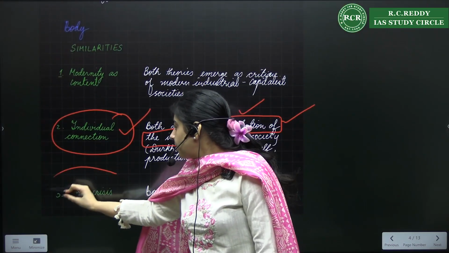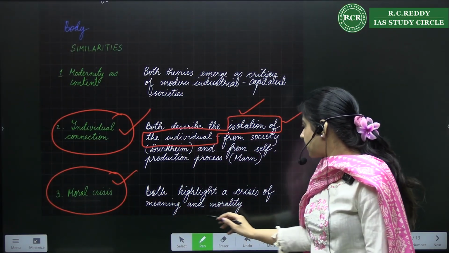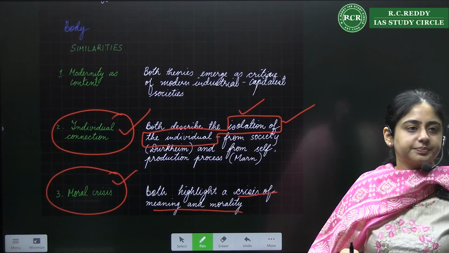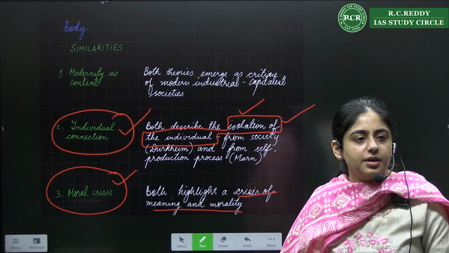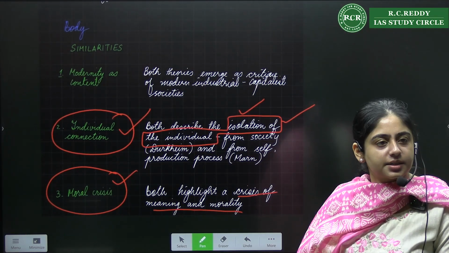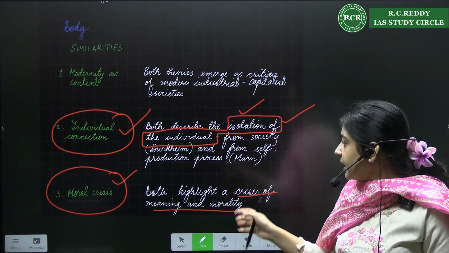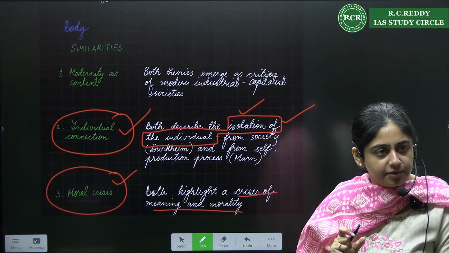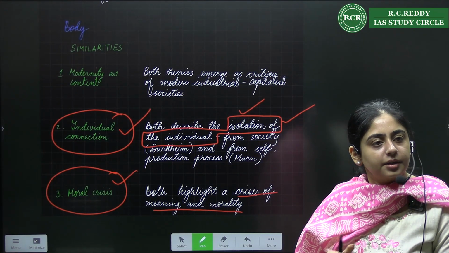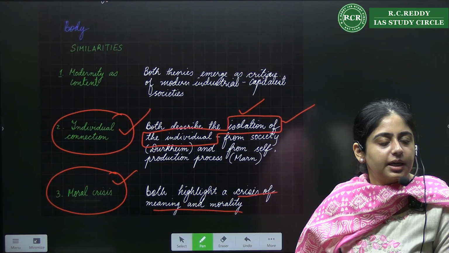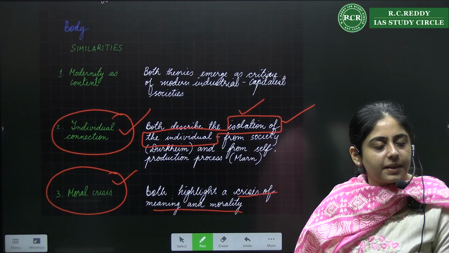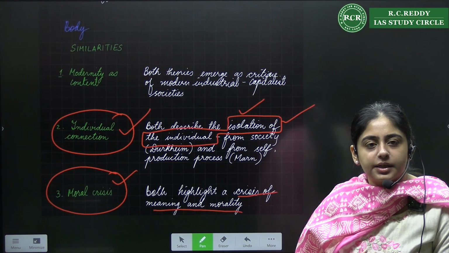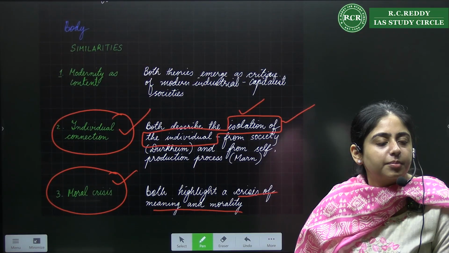Then both of them are talking about a moral crisis, right? It's a crisis of meaning which you derive from life. A crisis because of modernity, which has changed things, right? So there is a moral crisis present in society. Both of them are trying to study it from a different point of view with different terms, but they're talking about the same thing. Alienation is also a moral crisis, right? Where humans stop recognizing themselves. They don't recognize themselves in the mirror. They're so disconnected from everything.